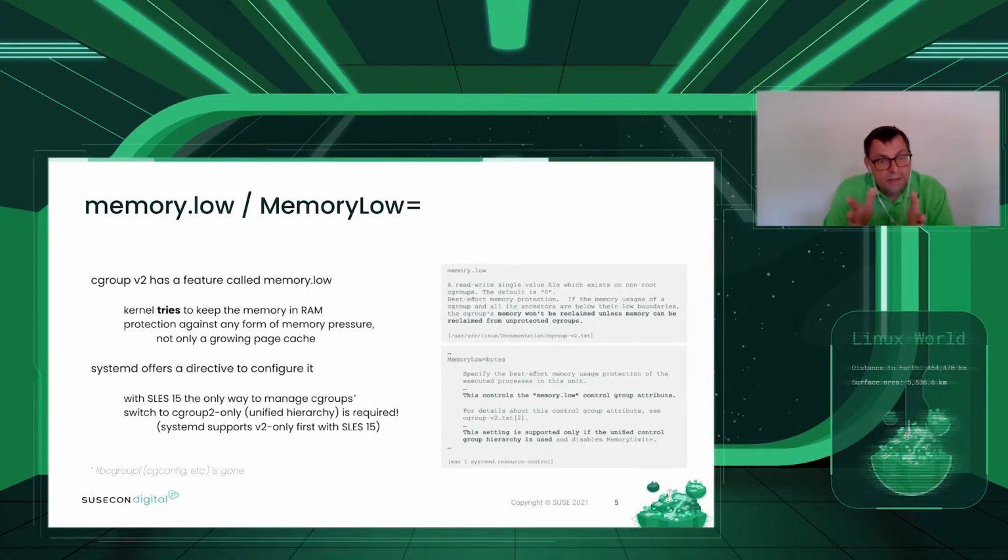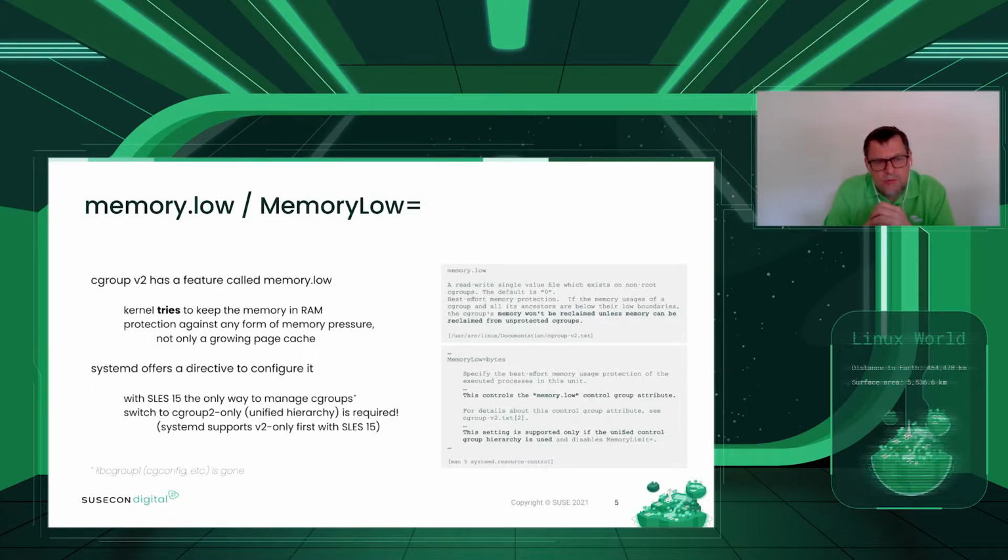How do we set that? Systemd offers a directive for that. It's called memory low, written a little bit differently, but it's mapped to the memory.low feature of C groups. And systemd is the only way we can manage C groups in